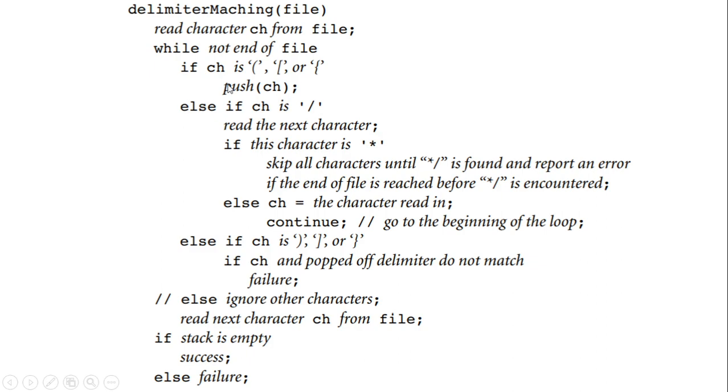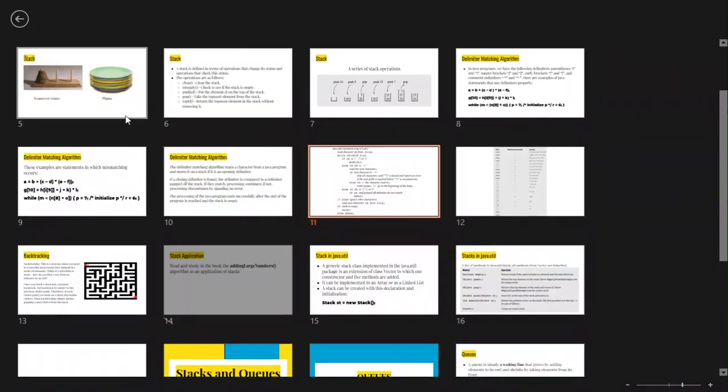So in this method, we have the delimiter matching method that will accept a Java program file. It will read each character from the file, and then we have here a while structure, a looping structure that will read through all of the characters in a Java program file. We have here an if structure, a decision structure